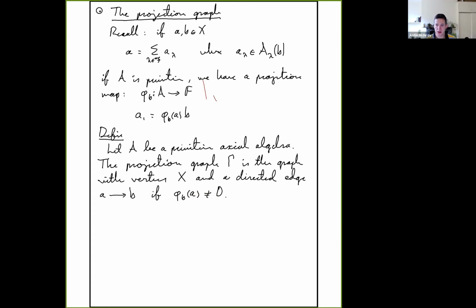And the lemma is this. Actually, I might need to give you just a little definition first. If we've got a directed graph, we can,